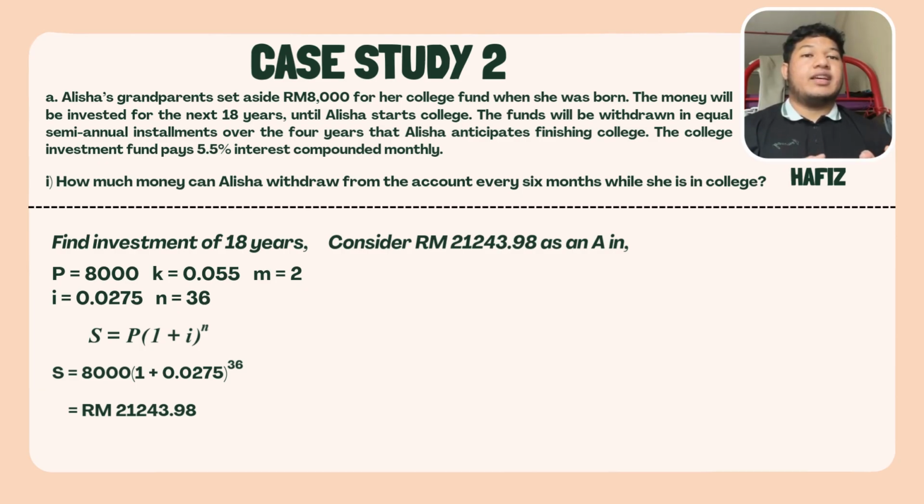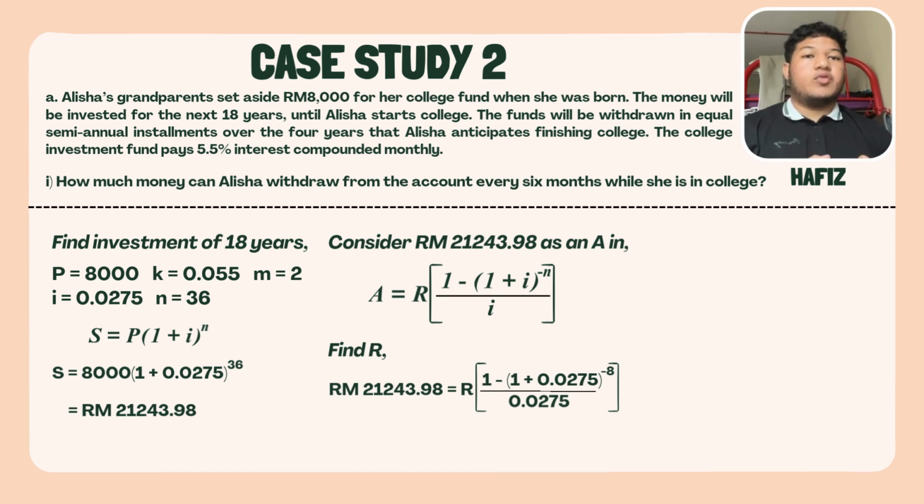Consider RM 21,243.98 as A in the formula A equals R, open bracket, 1 minus, open bracket, 1 plus i, close bracket, to the negative power of n, close bracket, over i. So we're going to find R. 21,243.98 equals R, open bracket, 1 minus, open bracket, 1 plus 0.0275, close bracket, to the negative power of 36, over 0.0275, close bracket. So we're going to get that R is RM